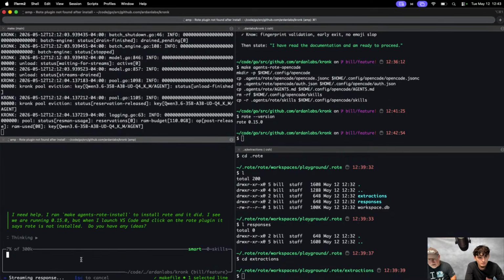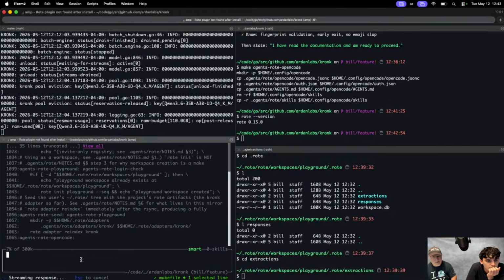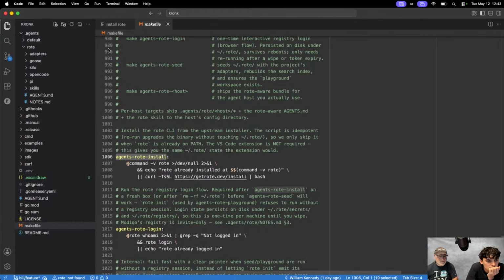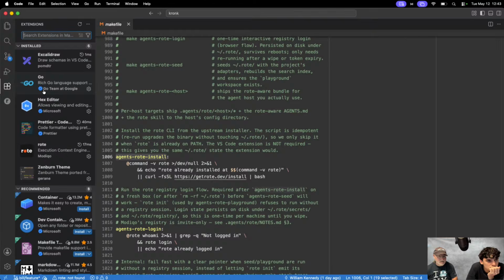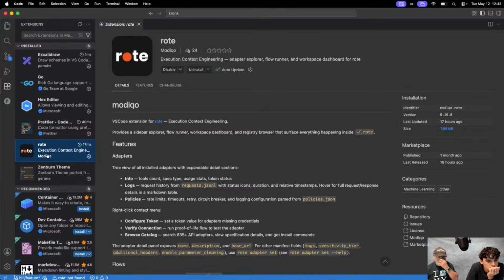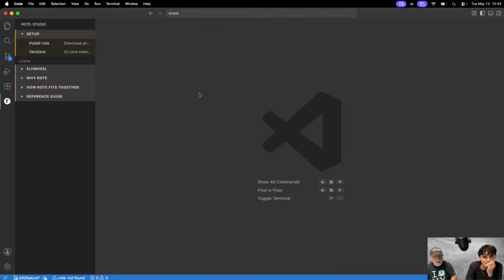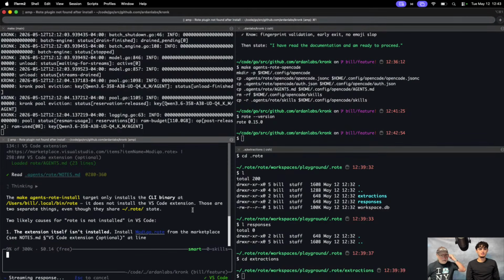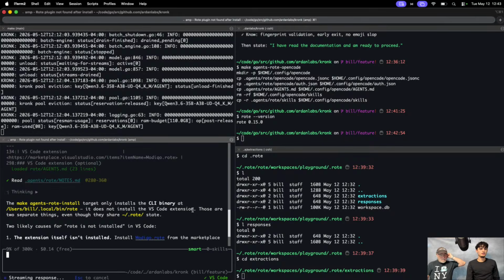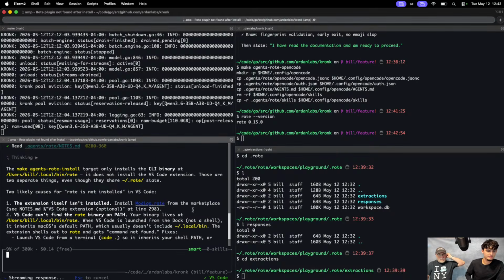Let's see here before I quote unquote reinstall it or something. Execution context. Just weird. So they call it execution context engineering. It only installs a CLI binary at rote. It does not install the extension.